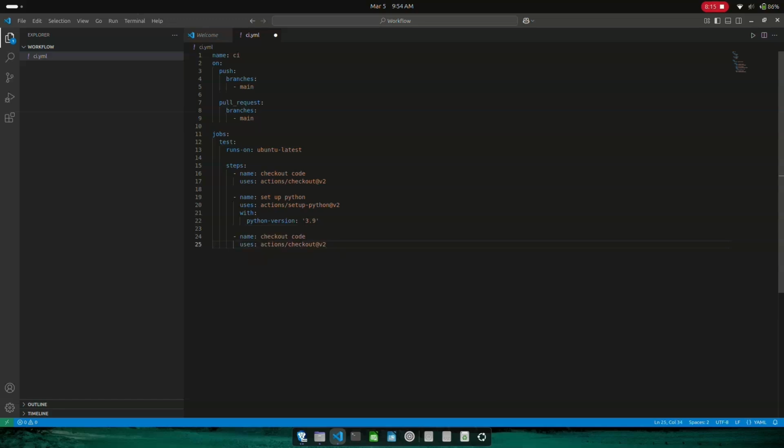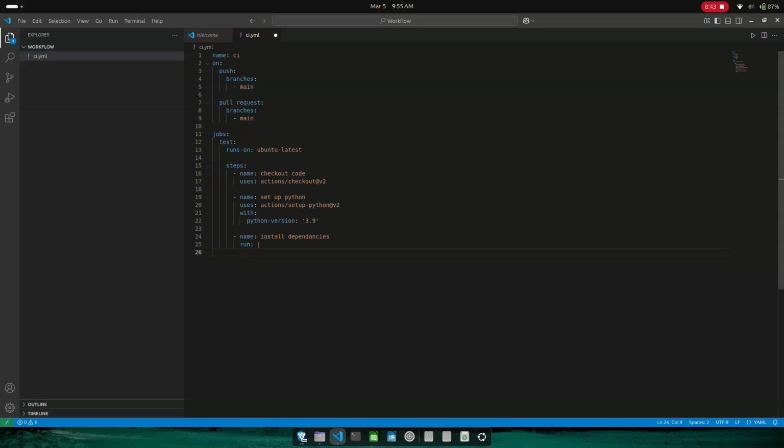Next we'll paste it again and this time we'll install dependencies. Here we'll run a code. So we'll remove uses and we'll write run. You have to remember the syntax, where after with we are having the next line.